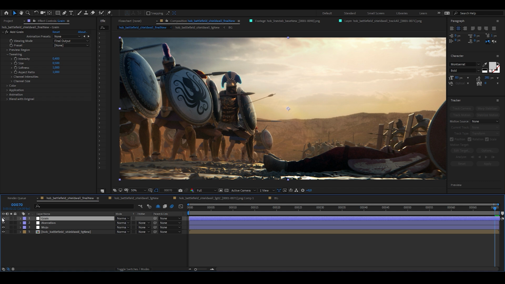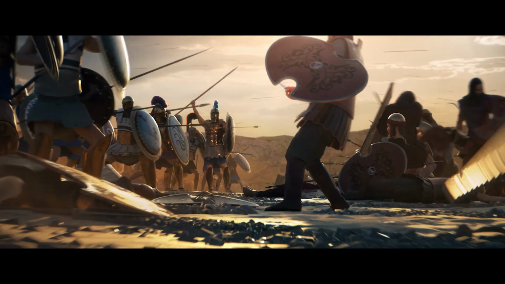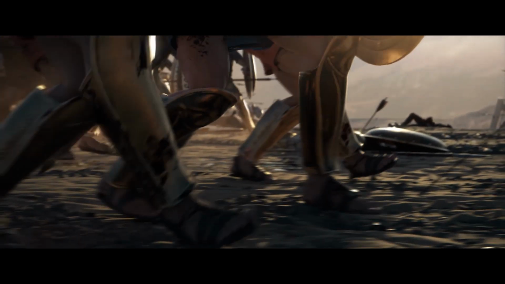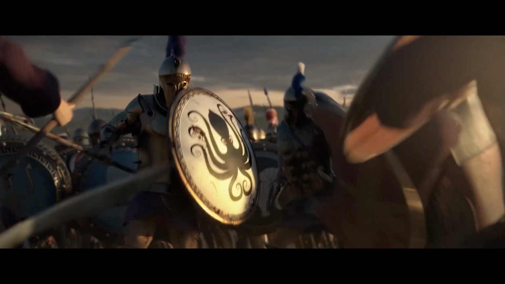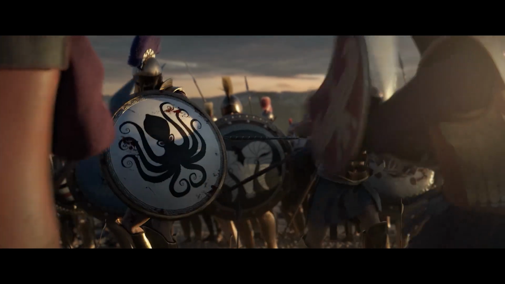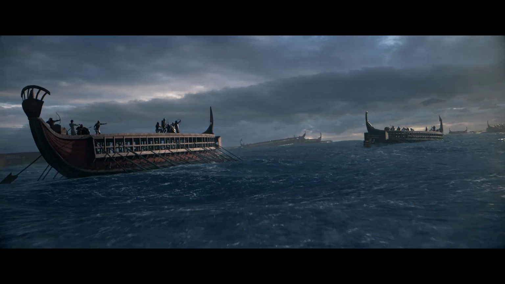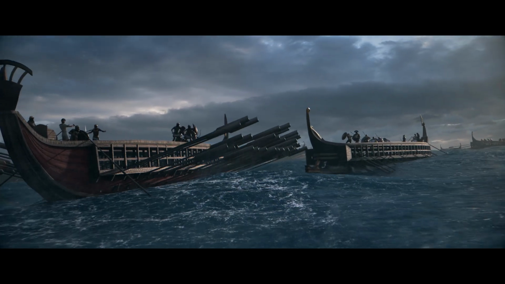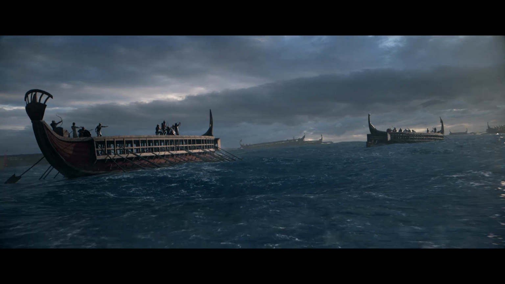Just one of my many large-scale shots that I wrestled with for Heroes of Bronze. And ultimately, it was worth it, and it served its purpose well in the largest battle scene of the short film. Next time, we'll have a look at this one, another one of those huge, complicated shots that really stretched my skills to the breaking point.